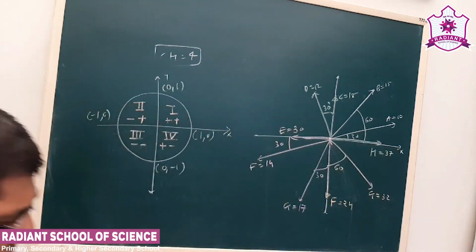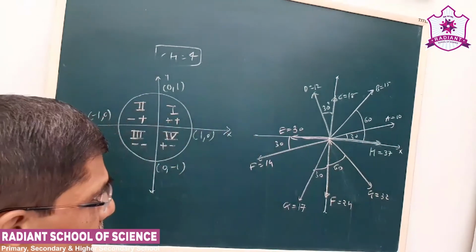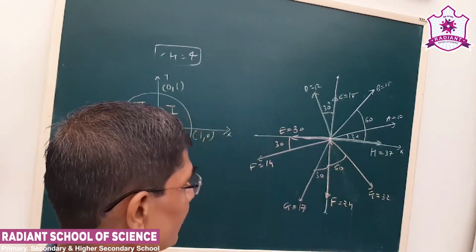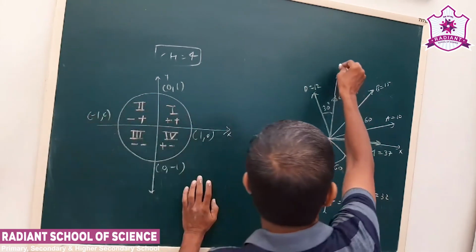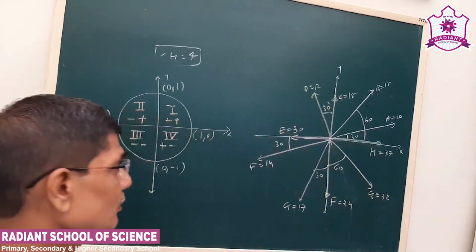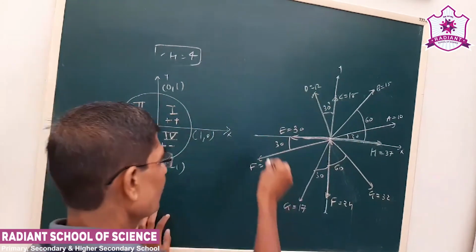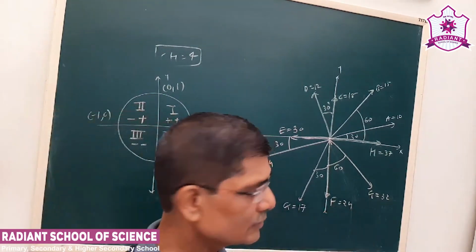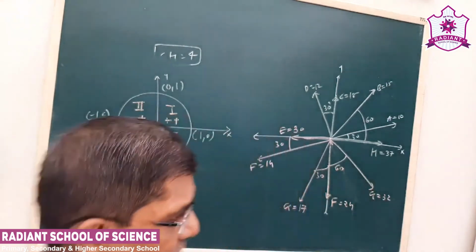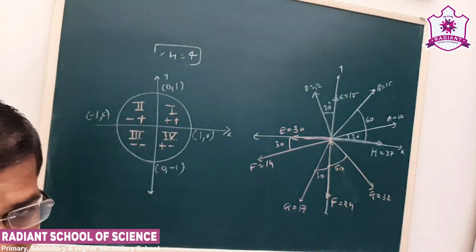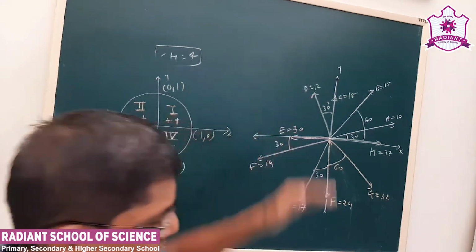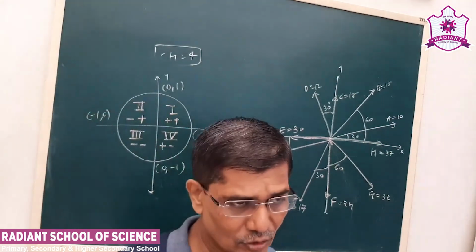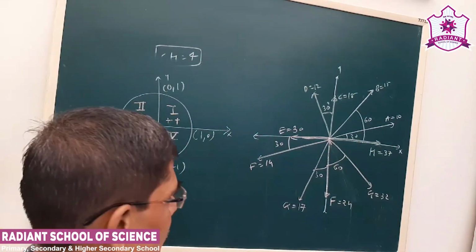Now these are the values which are taken, just for your practice. Vector A, magnitude is 10, angle is 30. Vector B, magnitude is 15, angle is 60. Vector C, magnitude is 18. D, magnitude is 12. E is 30. F is 14. G is 17. F is 24. G is 32. H is 37. Now this is how their inclination or angle with the given axis is given. To find out the components, write in a tabulated form, which I explained to you earlier in the lectures, and try to solve this. Next time we'll have a solution of this also. Thank you.